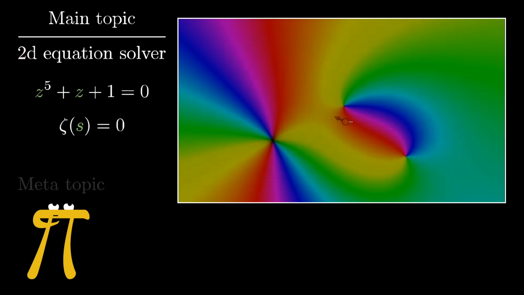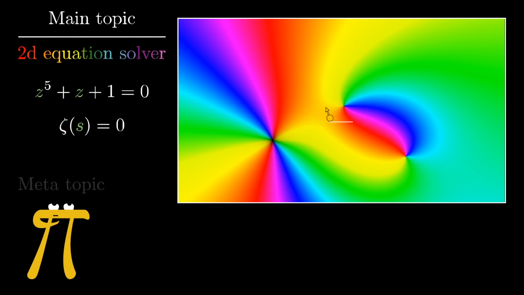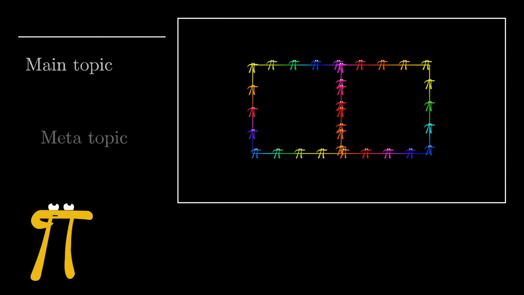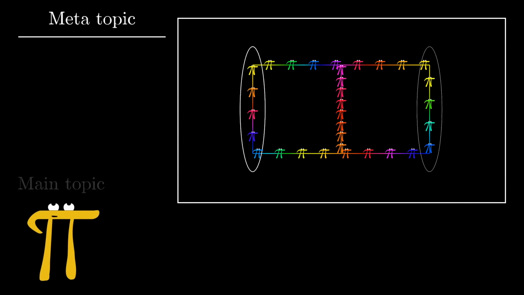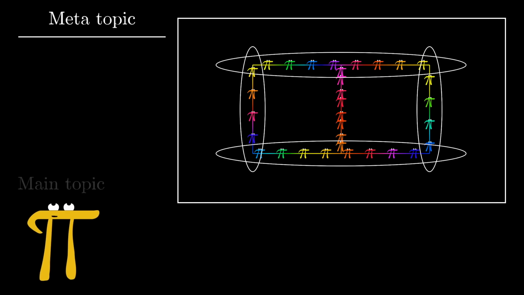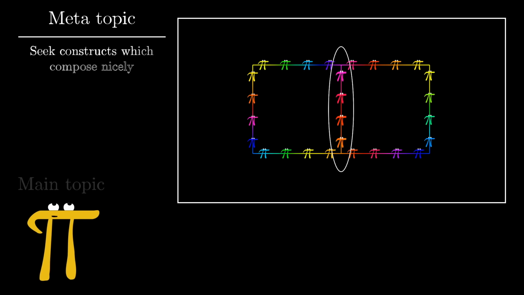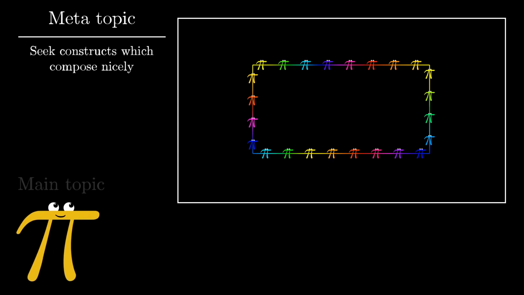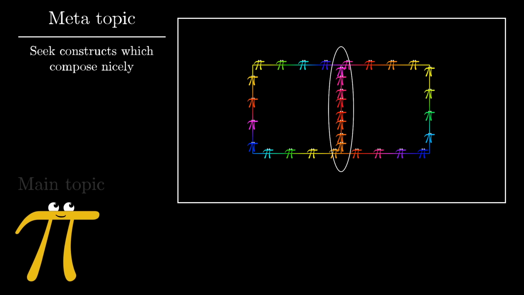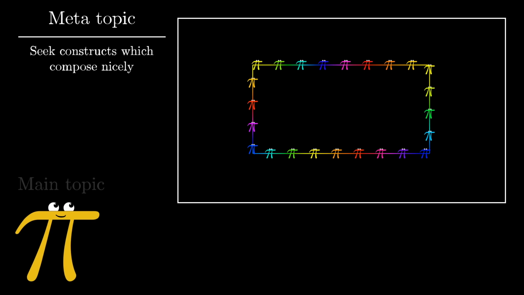And this method is super pretty, since a lot of colors are involved. And more importantly, the core underlying idea applies to all sorts of math well beyond this algorithm for solving equations, including a bit of topology, which I'll talk about afterwards. But what really makes this worth 20 minutes or so of your time is that it illustrates a lesson much more generally useful throughout math, which is try to define constructs that compose nicely with each other. You'll see what I mean by that as the story progresses.